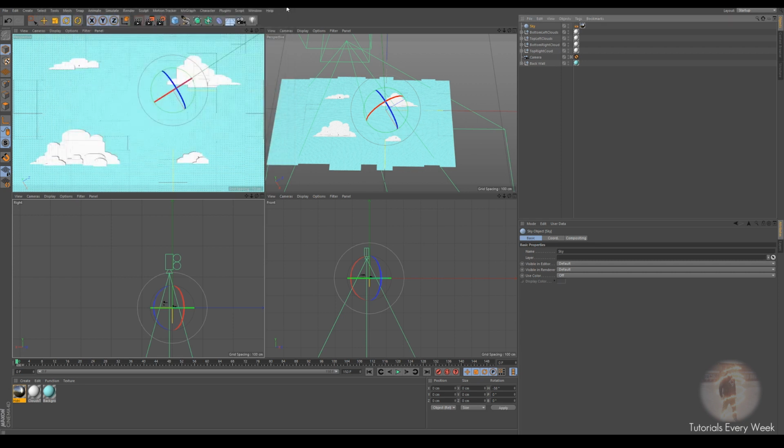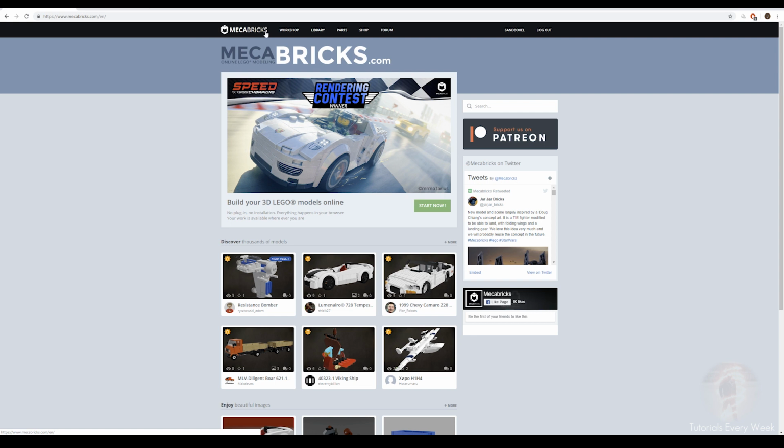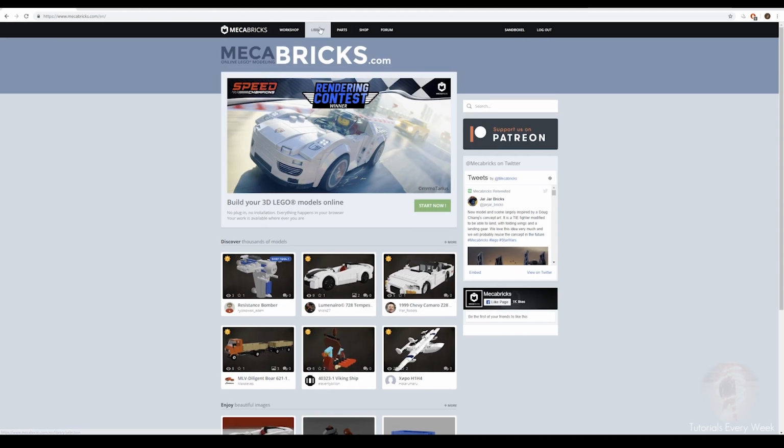like. To actually make your logo, what we're going to do is go over to Google, bring this up, and there's a website called Mecca Bricks. I'll put it in the description. And what it is, it's a website where you can create things out of Lego online, and you can download them. So if you actually go to library,